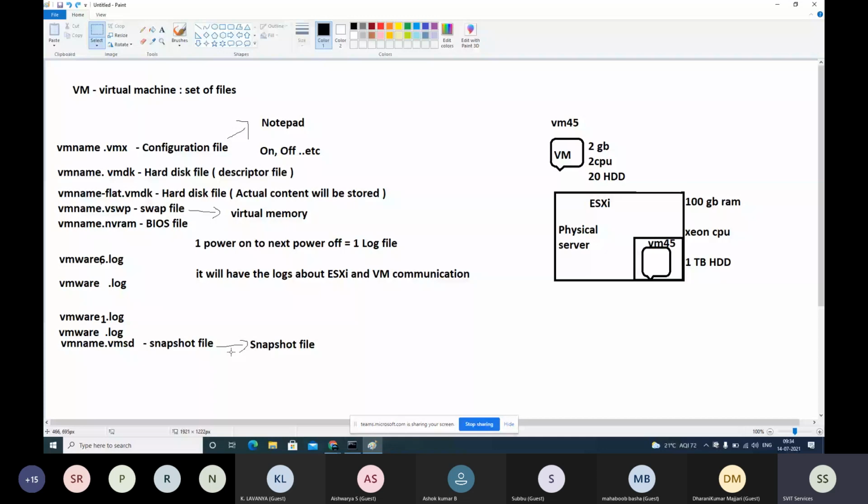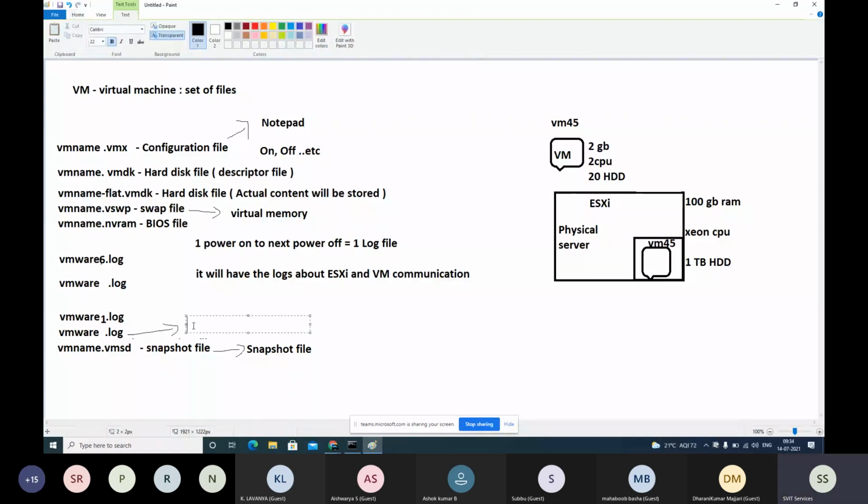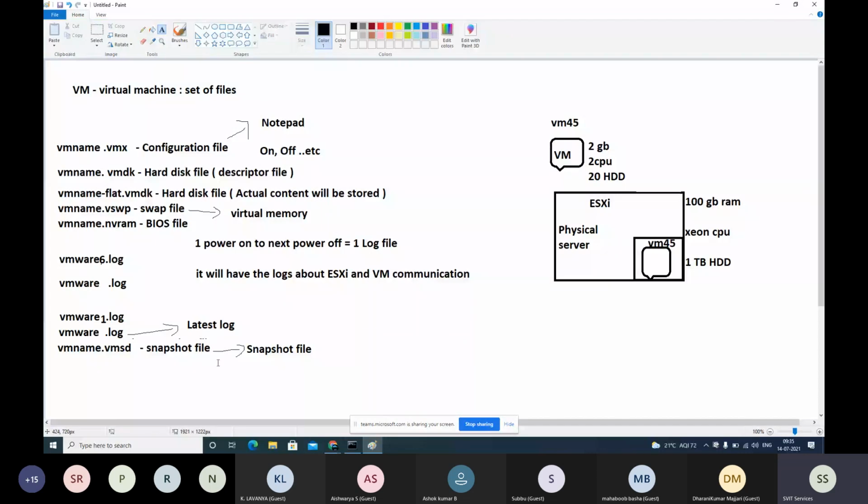In some interview questions they will ask. You might have explained clearly about log files, how they generate. VMware.log is always the latest log. Okay, and you will better explain him. He will ask, my 8th file is automatically deleted. Is it possible to retrieve it back? It's not possible, and practically it's not needed also.